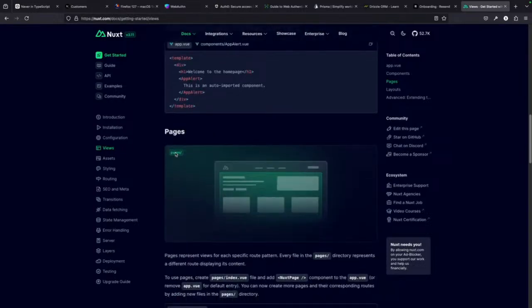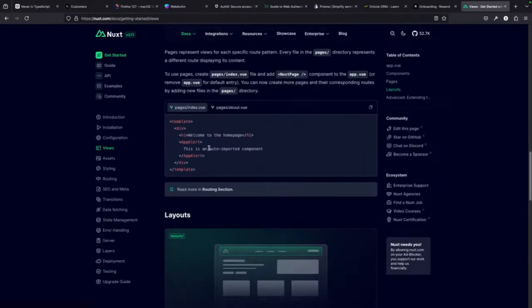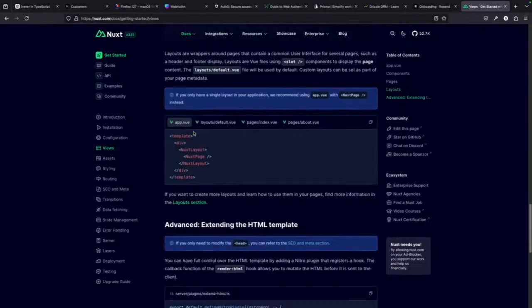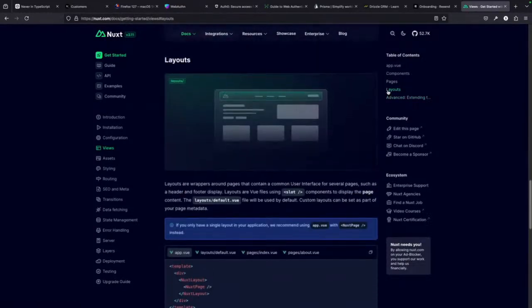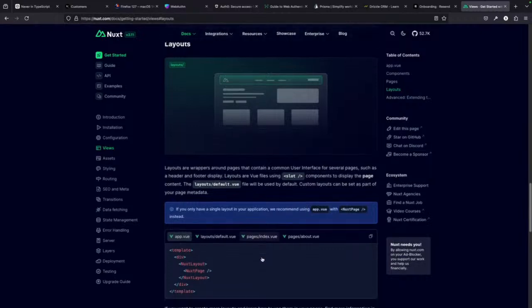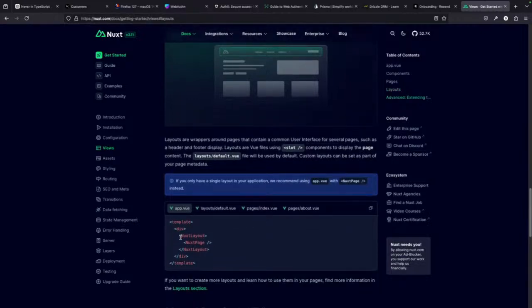Just create a pages folder, and you put a hello.view, then you have a hello page, just like Next with pages, because Next also has the version that uses pages, which is very powerful. And then they have layout, right? You can set up layout and stuff. So Next is also very powerful.